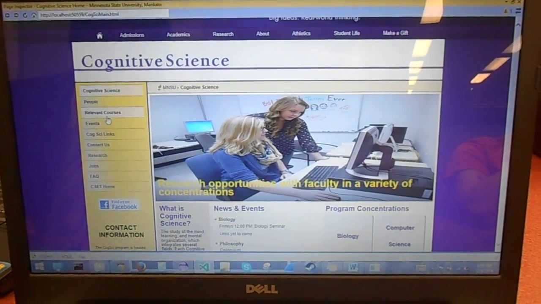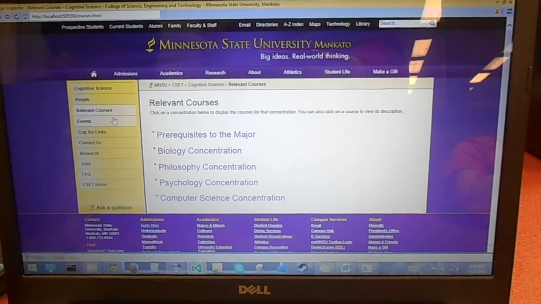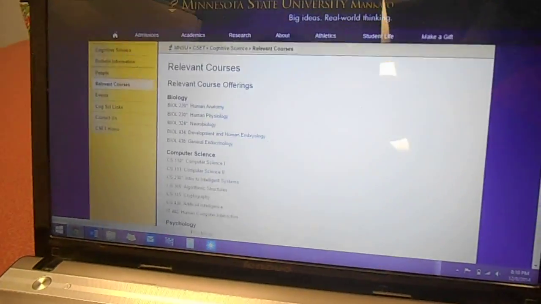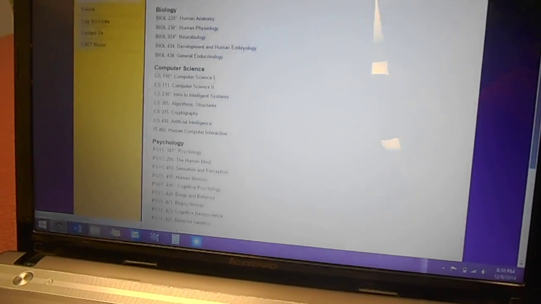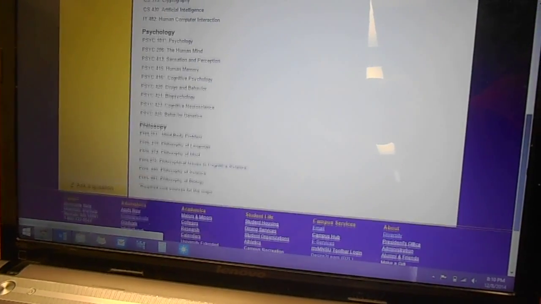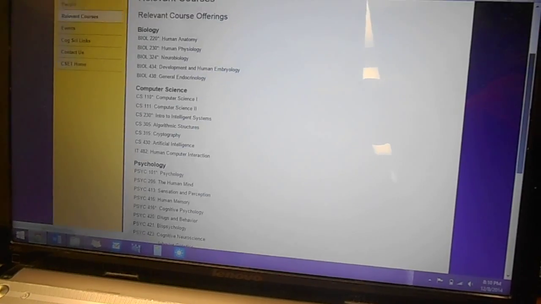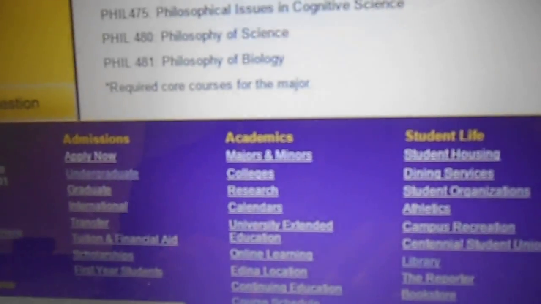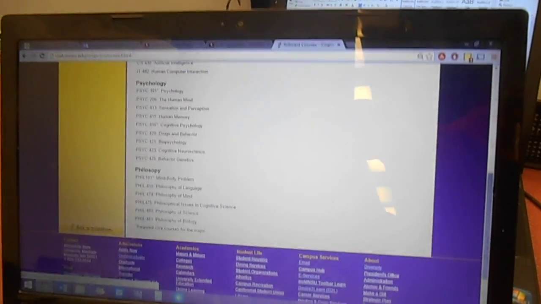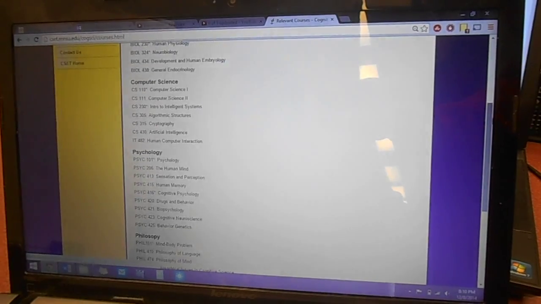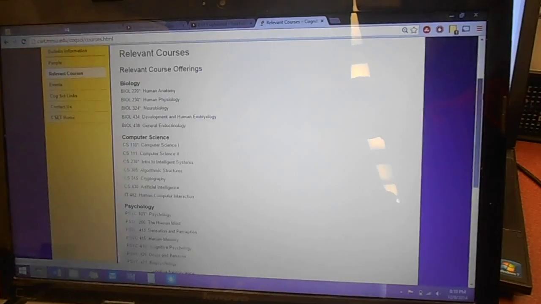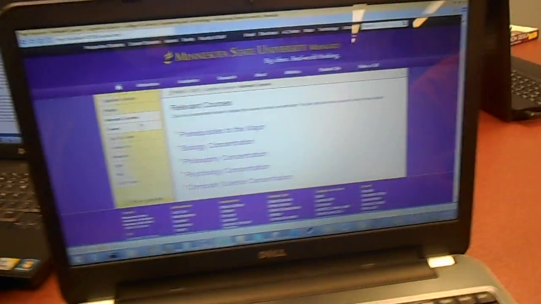As far as the relevant courses, this is pretty cool because you'll see on our old cognitive science webpage all the courses are listed, but it really doesn't give us much information. At the bottom of the page it gives a note that the required core courses for the major have an asterisk by them, but other than that it's really not that clear. So what we actually did